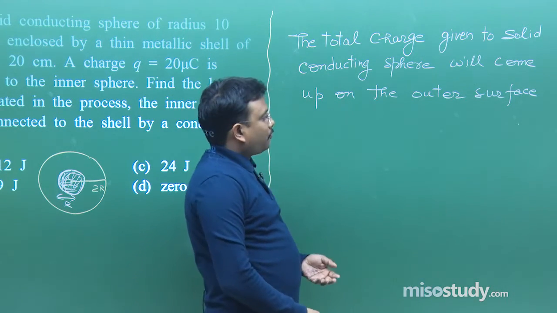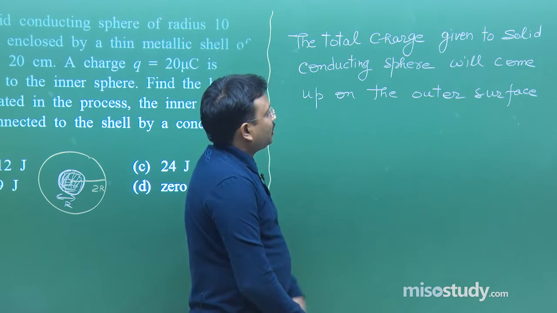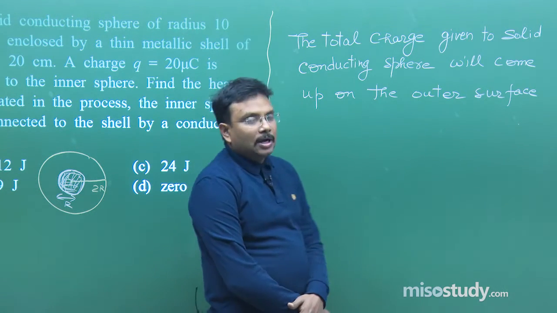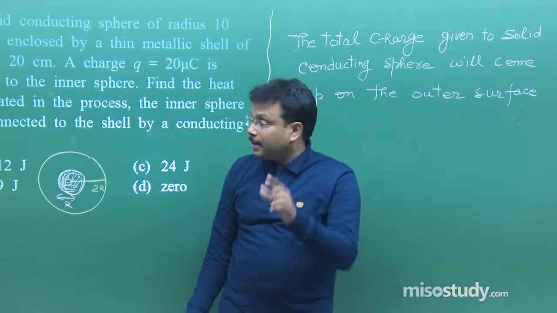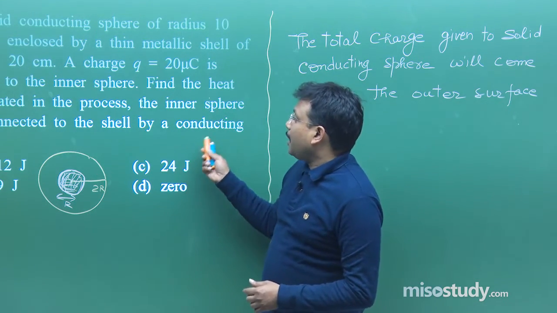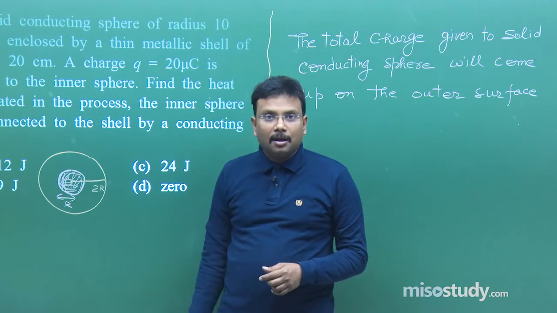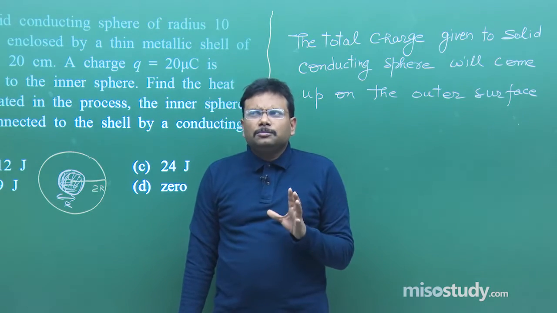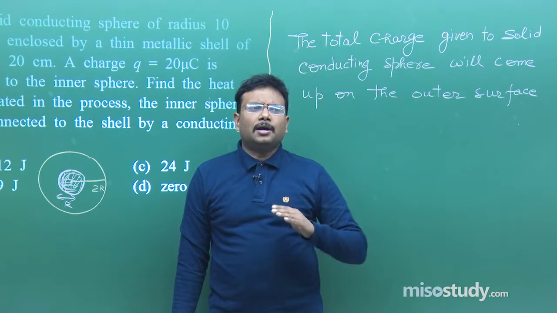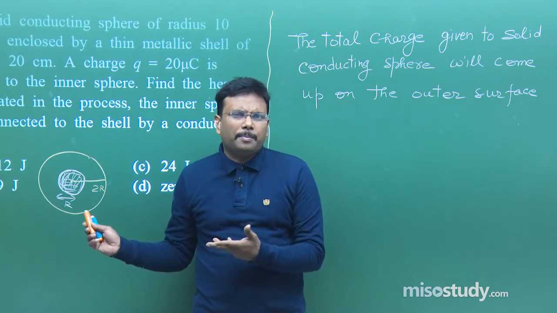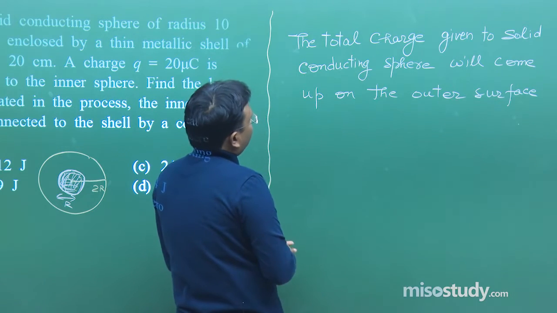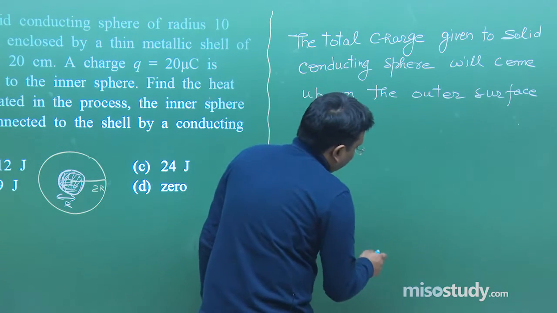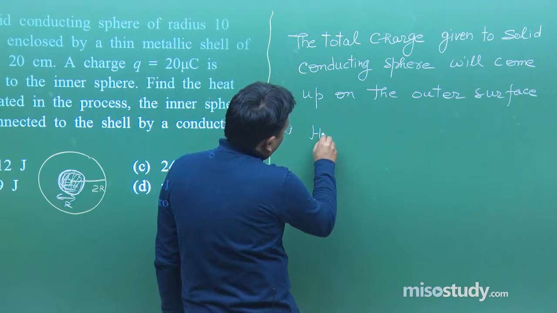Now from here what exactly we can conclude, that once the entire charge is distributed on the solid sphere and you are connecting the solid sphere by a conducting wire to the shell. Fine. So the idea of induction is not going to be applicable over here as such. Fine. So upon the outer surface, therefore,